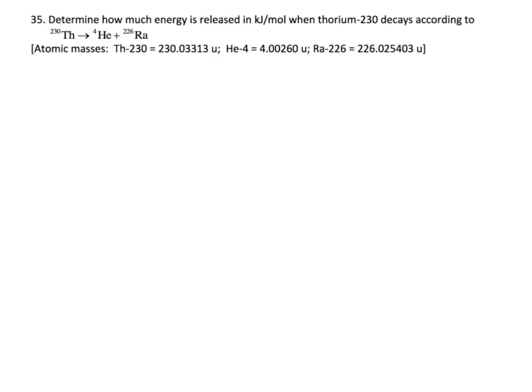35. Determine how much energy is released in kilojoules per mole when thorium-230 decays according to the equation below. All right, so what we want to do here is figure out the mass of everything on the left and the mass of everything on the right, and find the difference, and that difference is the mass defect. And from the mass defect, what we're going to be doing is converting that into energy using E equals mc squared. So the mass on the left for just thorium-230 is given in the question,